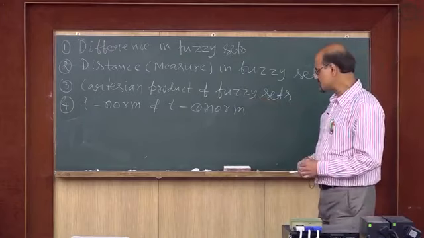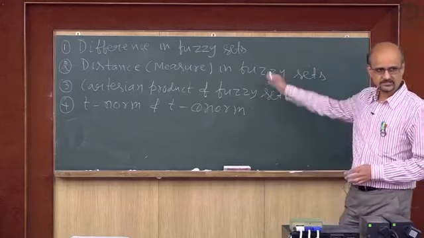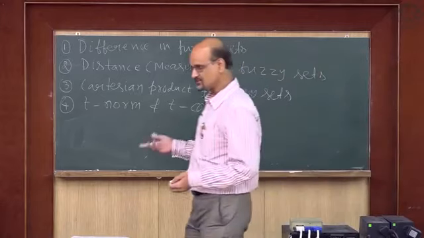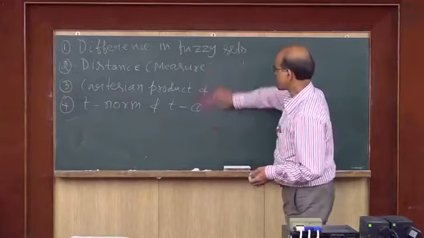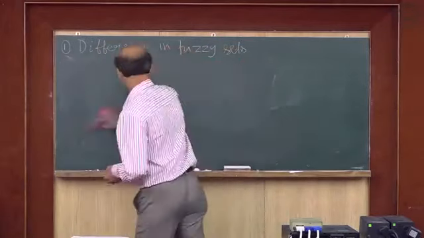Cartesian product of fuzzy sets, t-norm and t-conorm for fuzzy sets. Okay. These things you know for crisp sets. Okay. So, let us extend these to fuzzy sets one by one. So, let us start with difference in fuzzy sets. That is nothing but difference means